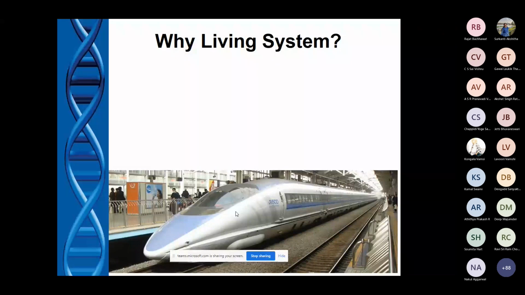So when those trains are entering into the tunnel, as a result some air pressure builds up just in front of the train. And finally, when the train is emerging from the tunnel, some air pressure differences happen, and that causes a lot of huge sound. And that is kind of a problem. That sound you can hear from a long distance also. So the Japan railway system wanted to address this problem.